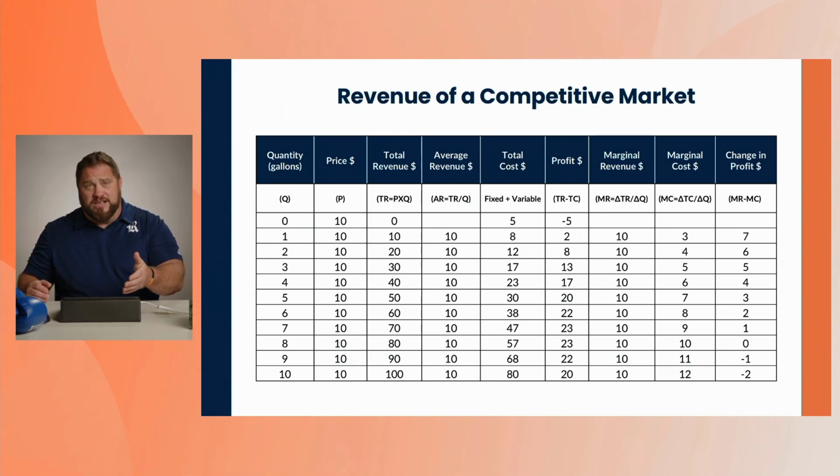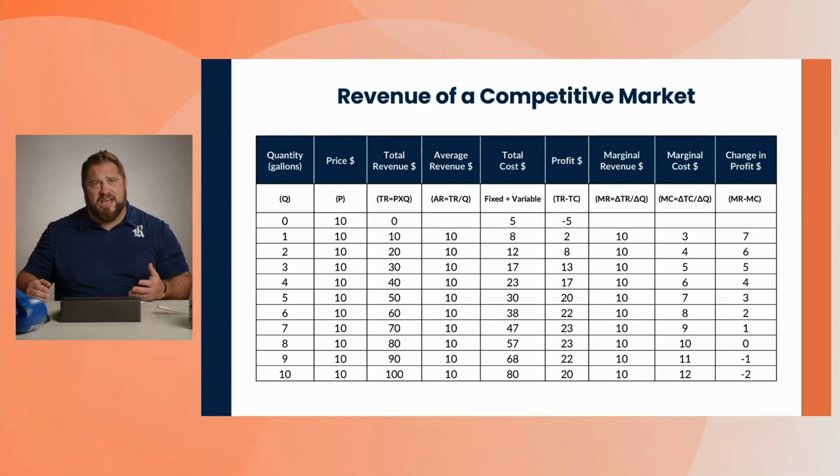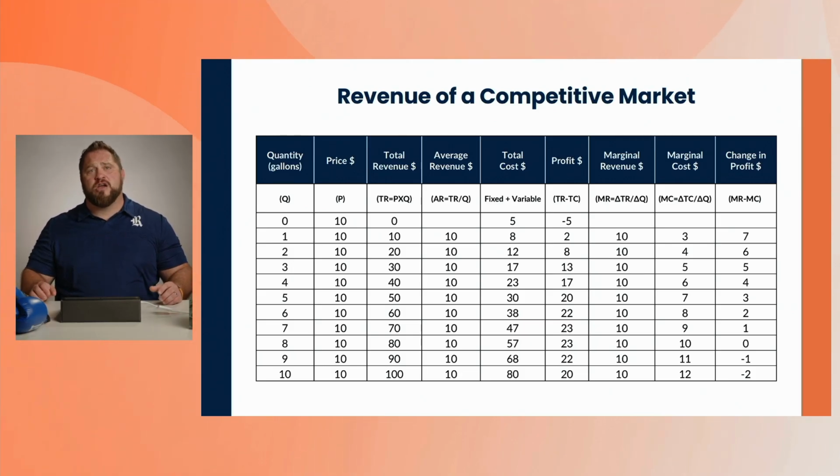We see the price. So here we see that we're a price taker. We can sell as many units as we want, but it's at the price dictated to us by the market. Here, this market is dictating a price of $10. The next column is our total revenue. What is our total revenue? Of course, it is just our price times our quantity. Now, the next column shows our average revenue. What you're going to see here is that our average revenue is equal to the price.